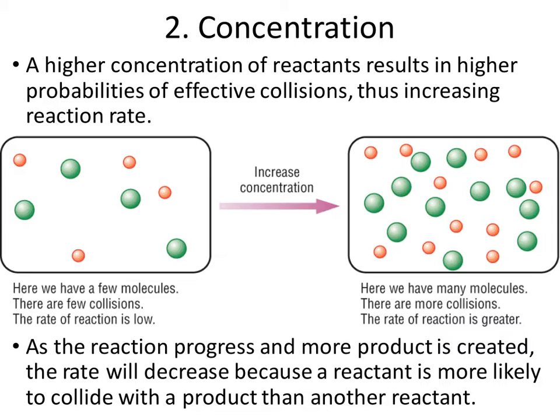Second thing is concentration. Again, one of our points is either we make the collisions harder, we increase the collisions, or we lower the activation energy. In this case, what we're doing is we're increasing the probability of collisions. So if we had a container that was this big and this kind of volume, and we had these species, they'd be bouncing around, and they would have the odd chance of hitting each other. If we kept the size of the container the same, and we increase the concentration, so in this case, this is our volume. If we called this 1 liter, and this was the same 1 liter,